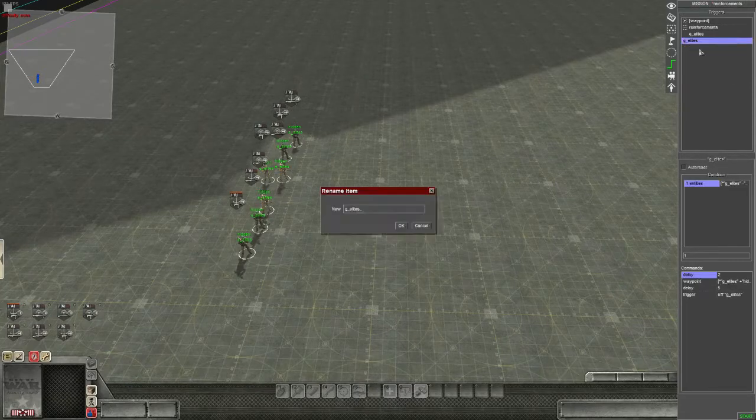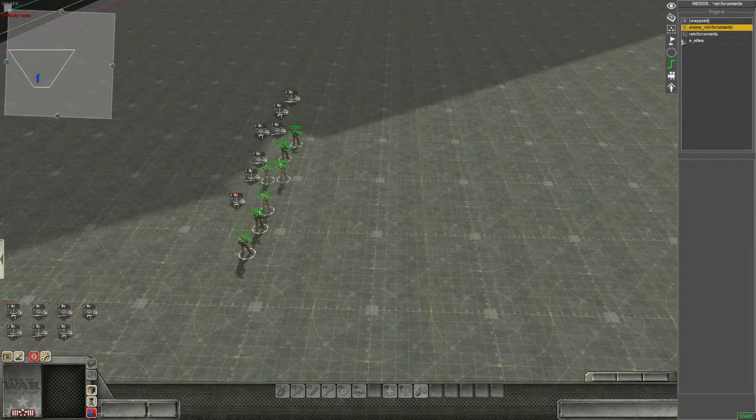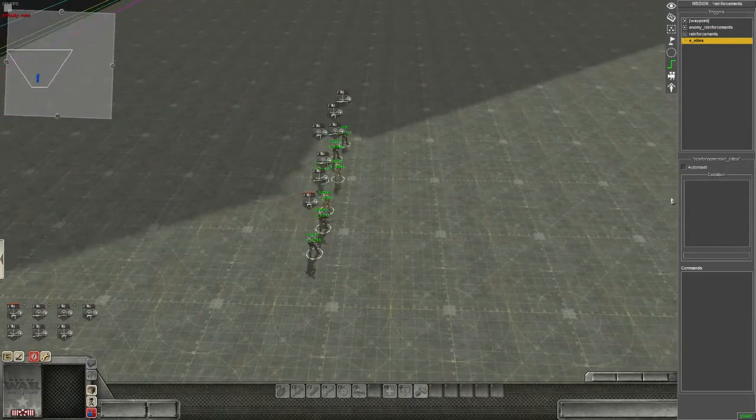I can go rename, and I can call this one enemy reinforcements, we'll call it. Again with the slash, and as you can see now we've got another category which is enemy reinforcements and reinforcements, so we can keep things nice and tidy up here and keep track of what we're doing. So we're looking at the elites, our reinforcements. We'll click on that,